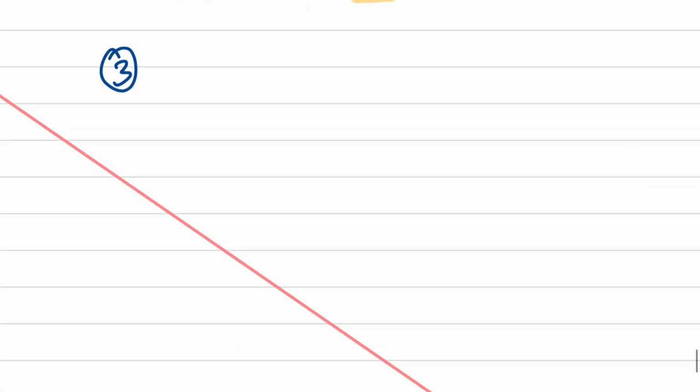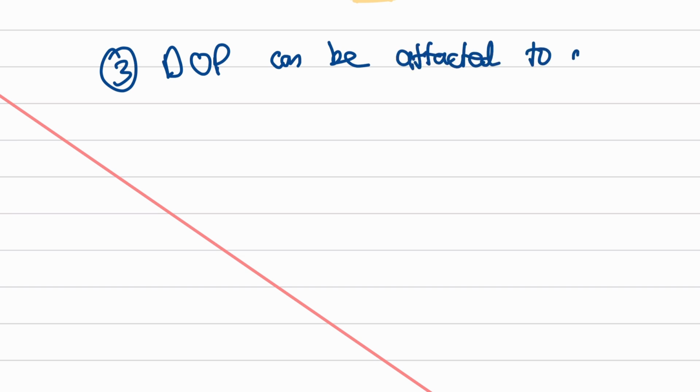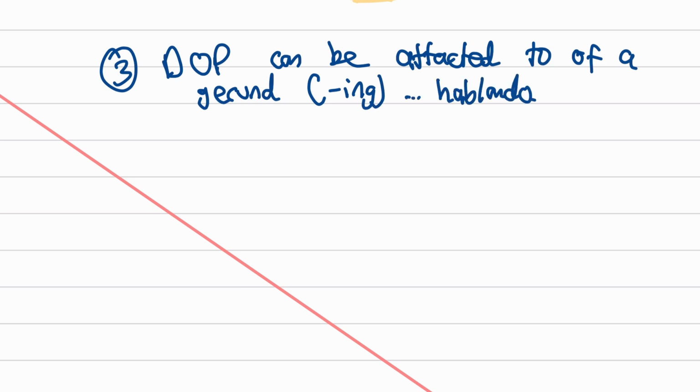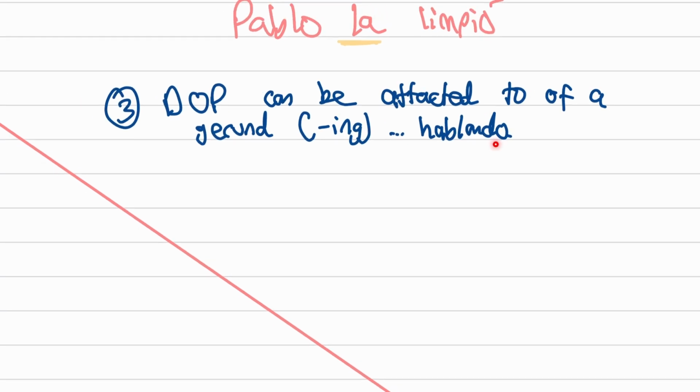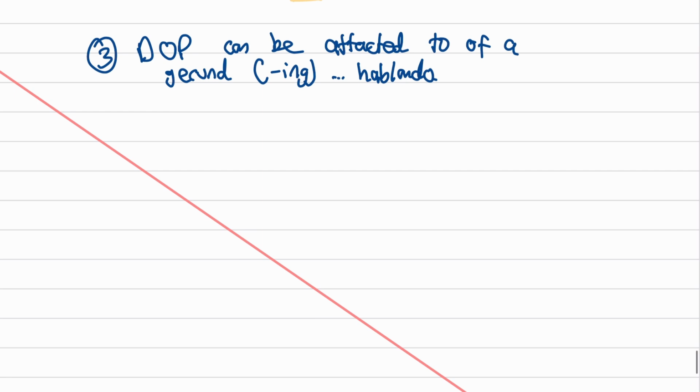Vale? Then, moving on to our third and final example of where our direct object pronoun can go. I'm going to write DOP. Again, the direct object pronoun can be, this time, attached to the end of a gerund. Just like we saw with the end of the infinitive, the gerund is a word ending in -ing in English. So for example, we have hablando as an example of a gerund. There are words ending in -ando or -iendo. So, as always, let's give an example. Ella está, or él being he, él está estudiando